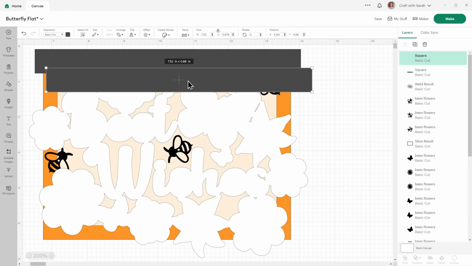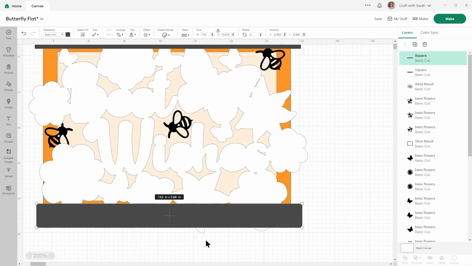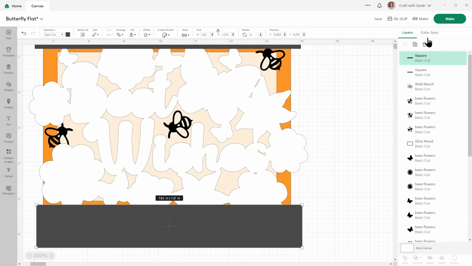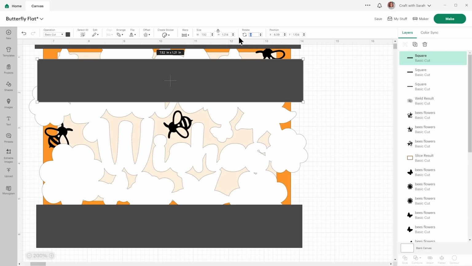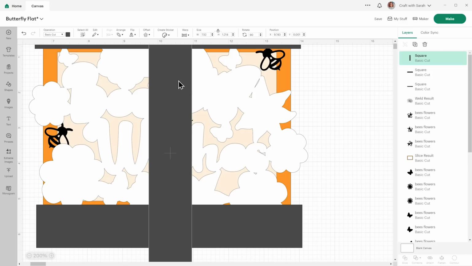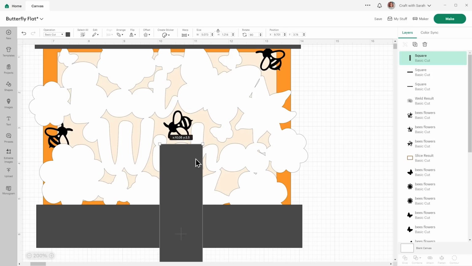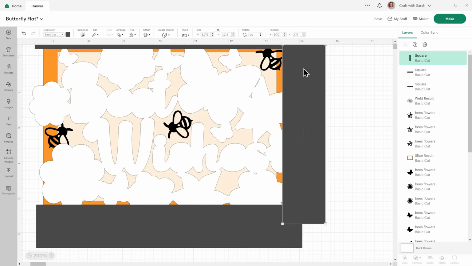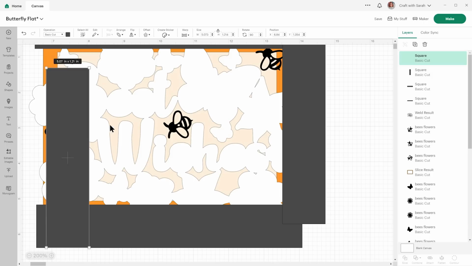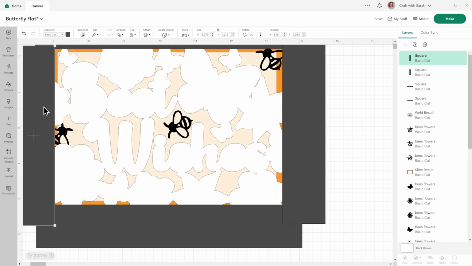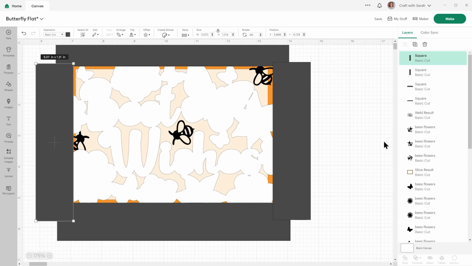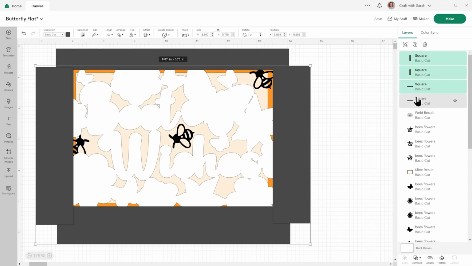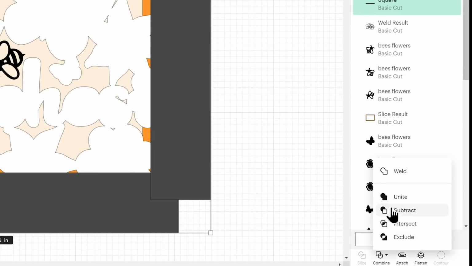And we need to do this for every single side of the card. So rotate it 90 degrees. And we'll do that edge. And then one more for that one. Okay, select all of those and weld them together.